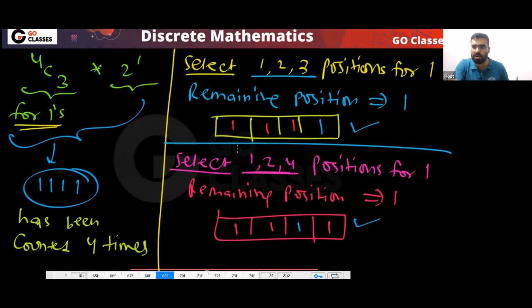This string has been counted 4 times. You can check. Because what other thing can I do? I can select 1 2, I can select 2 3 4. I can select these positions, and in the remaining positions,